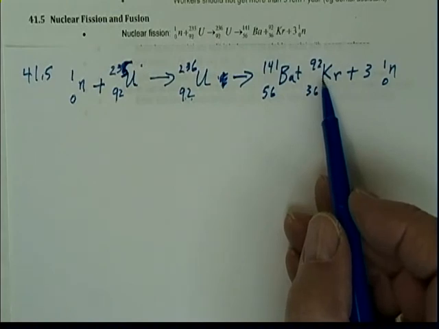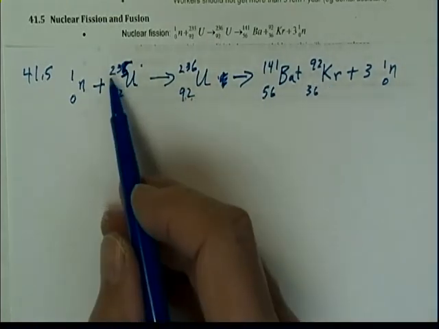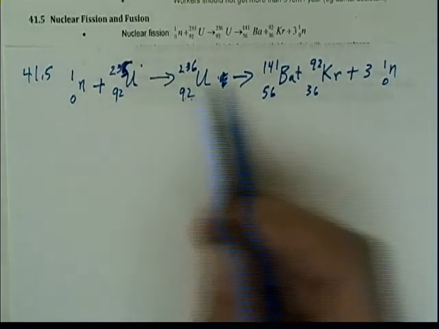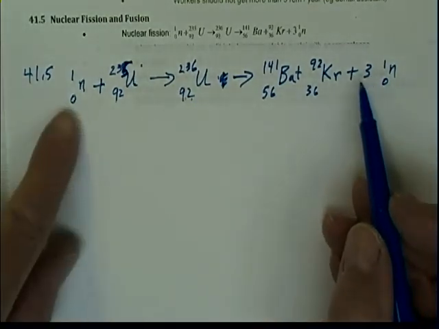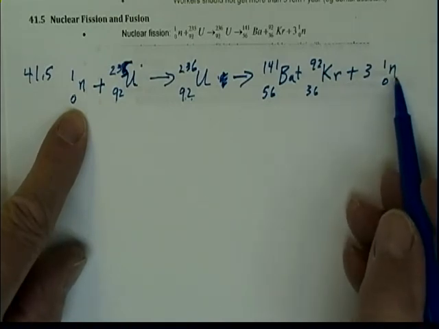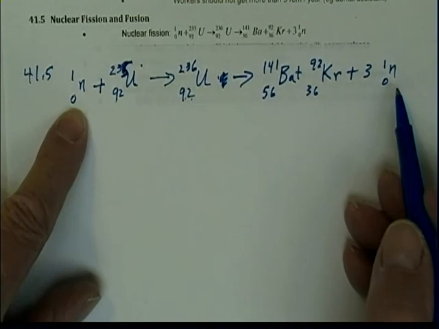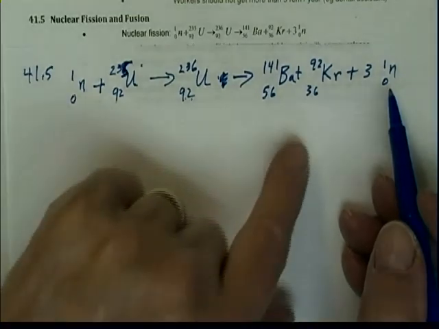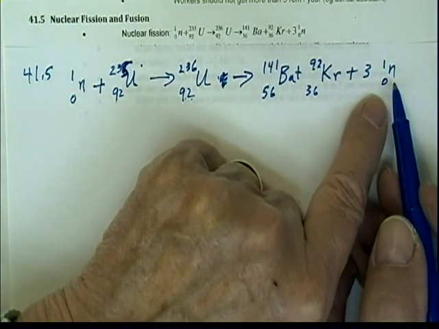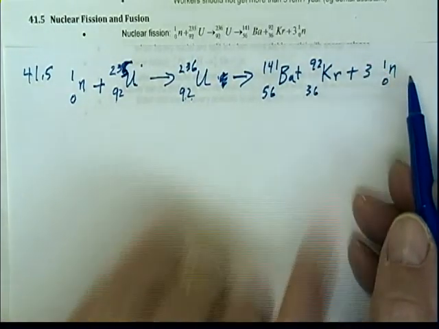This is what is called splitting the atom. And this U-235 is a very fissile element, and it's easy to break it apart. And you'll notice that I started out with 1 neutron that I threw in, and I get 3 neutrons when I come out. Whoa, that means I can get a chain reaction. Because if 1 starts this, then this produces 3 more, and then those 3 can make 9 more, and so